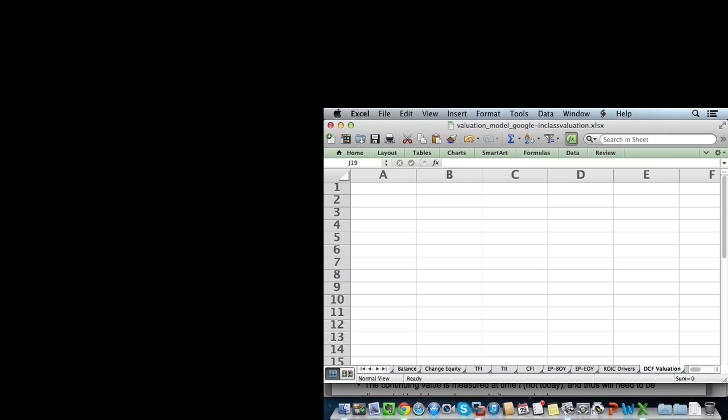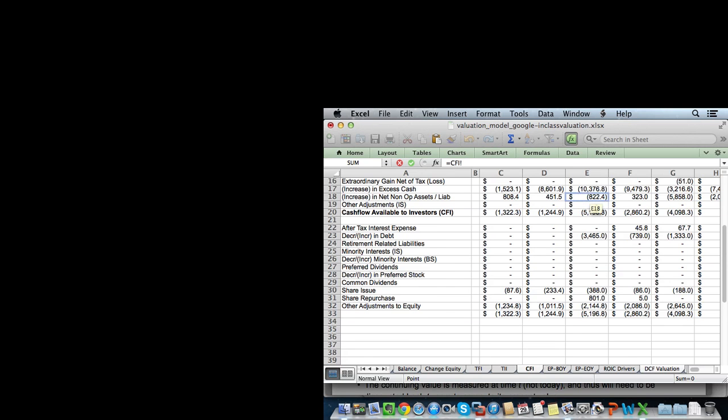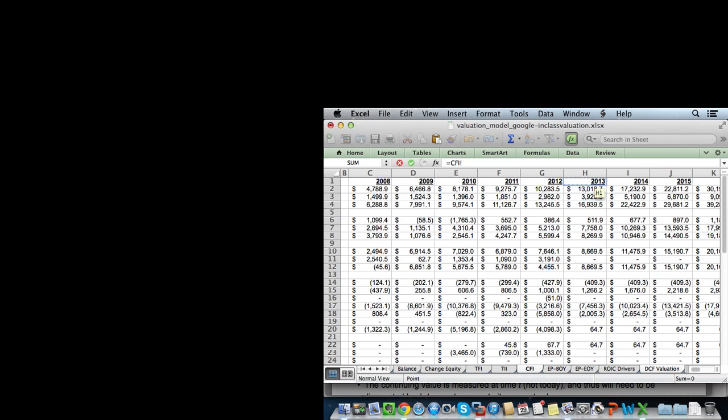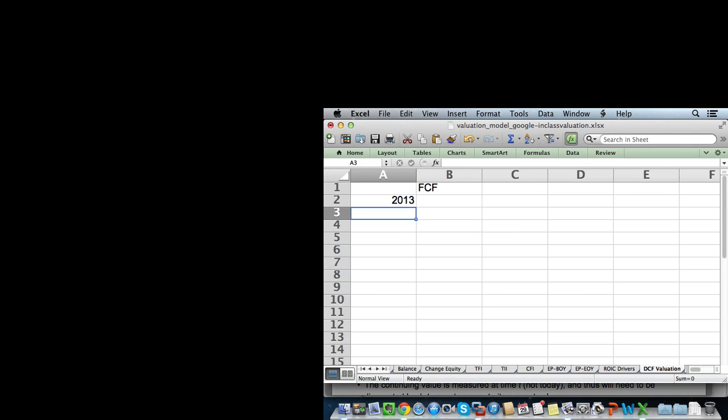So when we do an enterprise DCF valuation, we'll start out with the operating value, and what we're forecasting is the free cash flows because that gives us the operating value. So what we're going to care about is the free cash flow. For our first forecast year, we want to make this a relative reference for free cash flows on the CFI tab. In Google's case, it was 2013, so cell H1. Right? And again, relative references equals previous year plus 1. I want to go all the way down to